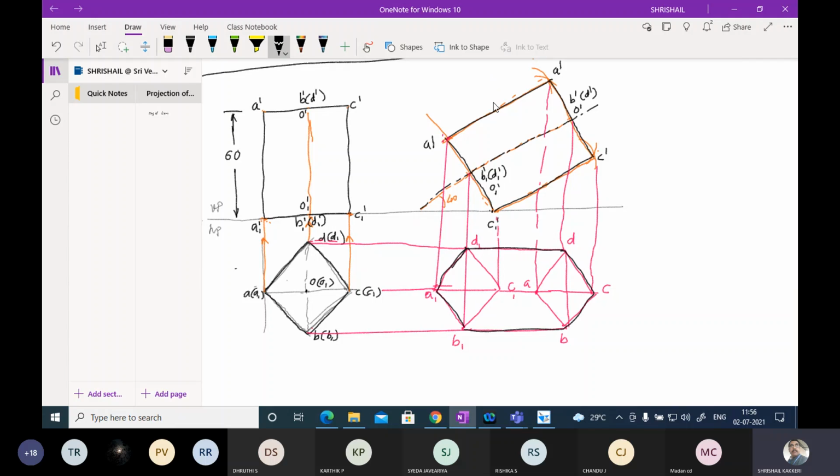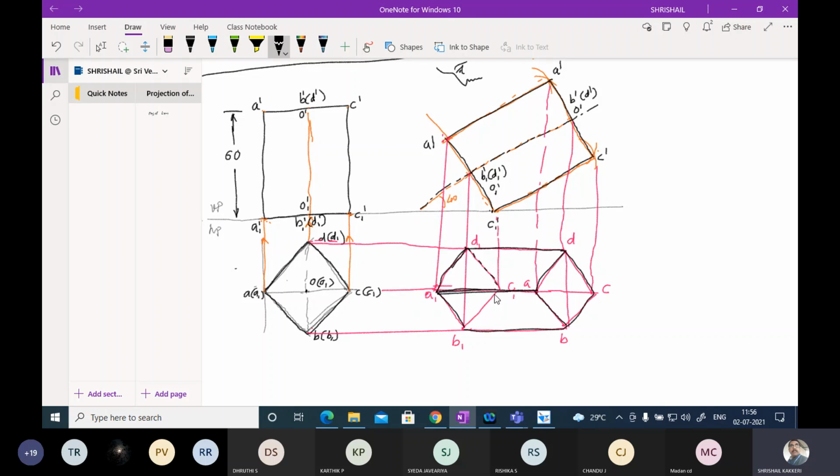And if you look from this end, A1 is nearer to the observer. The observer is looking from here and he is going to see. He is looking from this end. So A1 is nearer to the observer. This will be a thick line. And since A is a thick line, A1, definitely the two lines which are joining will be thick lines only. And this will be dotted.